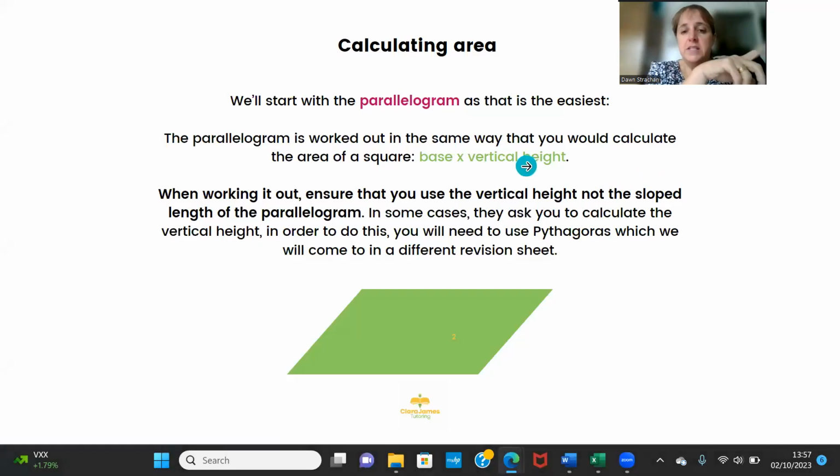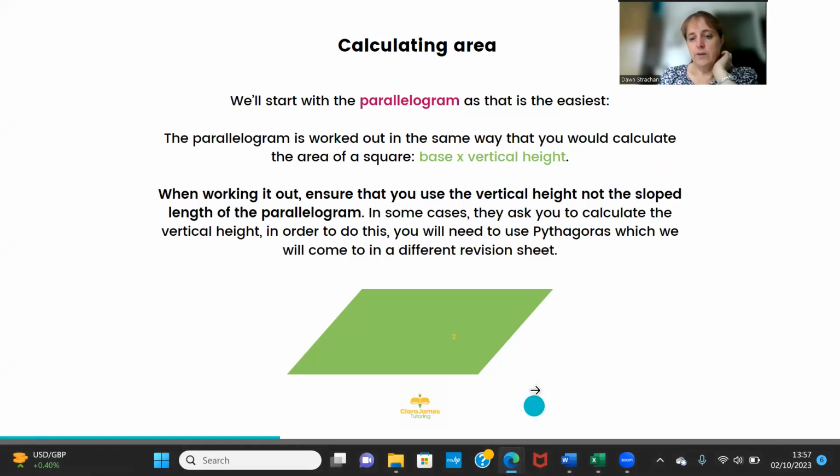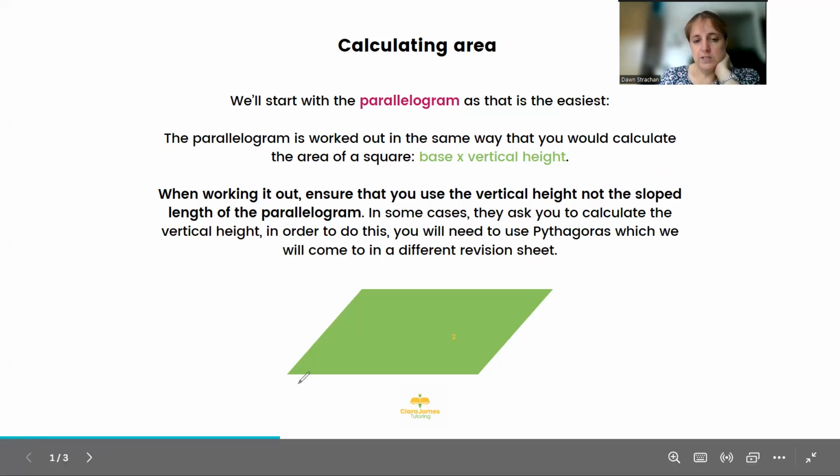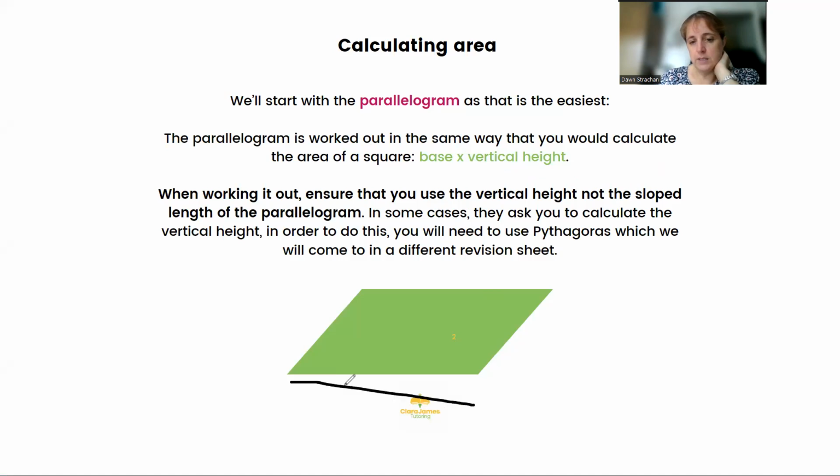Hello, in this short video, I'm going to show you how to work out the area of three of the shapes that you're going to need to know for your GCSE. We'll start with the parallelogram because out of the three, this is the easiest. And literally for this one, all you're going to need to do is times the base